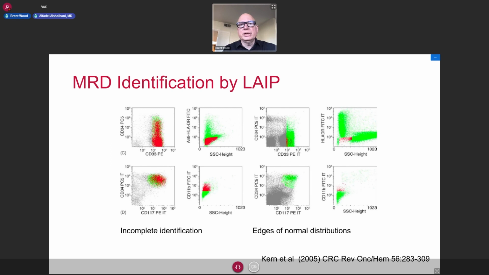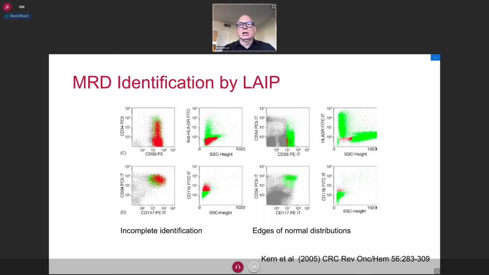And one of those is shown here in a published paper, where we have on the left 4 dot plots, in red, the example of a leukemic population that was identified. You can see on the bottom row, second from the left, that the population of cells in red really represents about half of a population of cells, part of which is also colored green. And so they're bisecting, or dividing in half, a single population of events and calling this an LAIP, an abnormal